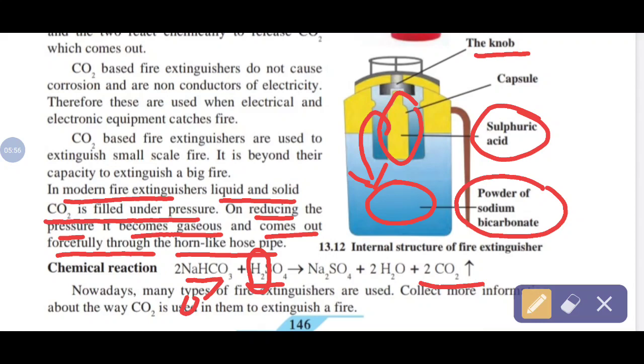But in the case of water, the formula H2O is formed. For balancing purposes, 2 is multiplied for NaHCO3. So total 4 hydrogen and 2 oxygen. So 2 is common, 2 water molecules are formed. And what remains now? 2 sodium atoms and 1 SO4 group. So Na2SO4, sodium sulfate, plus 2 H2O, 2 water molecules, plus 2 carbon dioxide gas. This upward arrow indicates what? Carbon dioxide is in a gaseous state that mixes with air. All are getting? Yes, next.